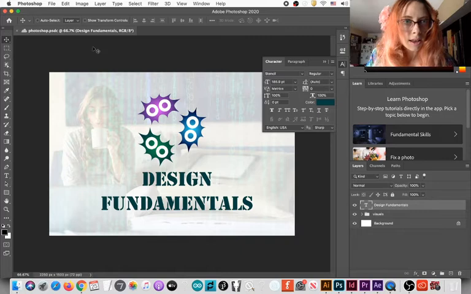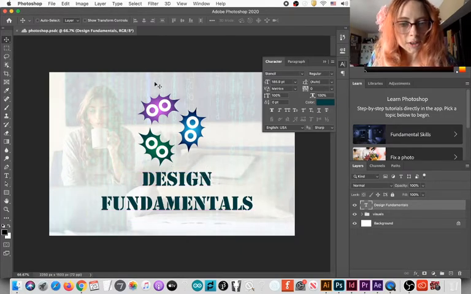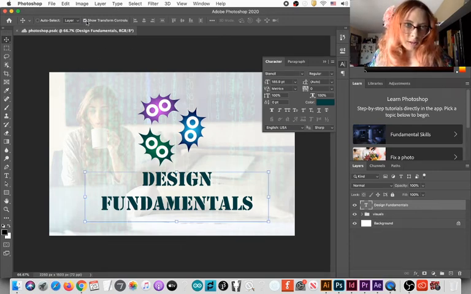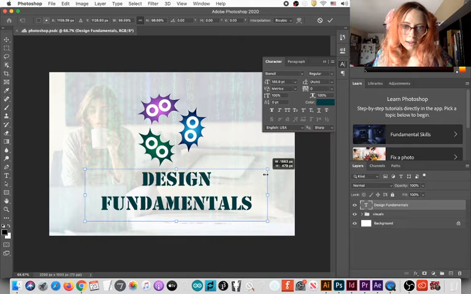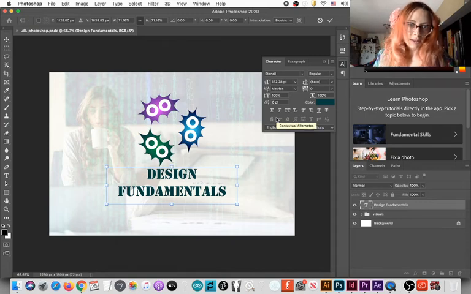Save it again. In order to be able to manipulate shapes in Photoshop easily, you have to show transform controls. It's not a default like in Illustrator. When you show the transform controls, you can play around with resizing. There are other ways to play around with resizing.